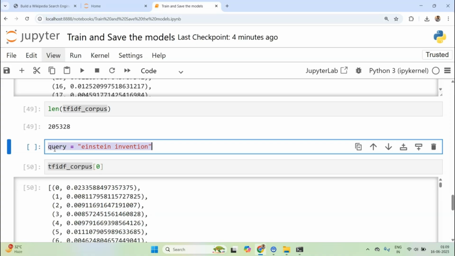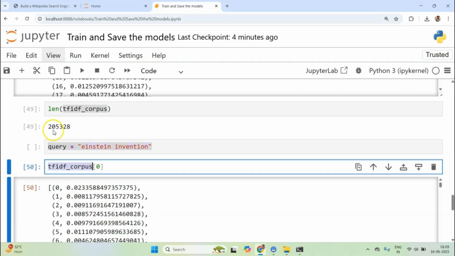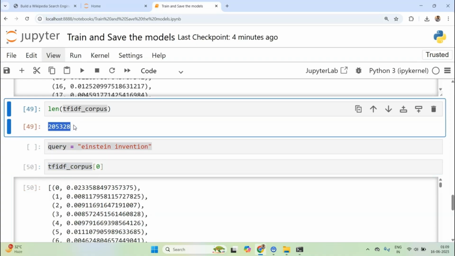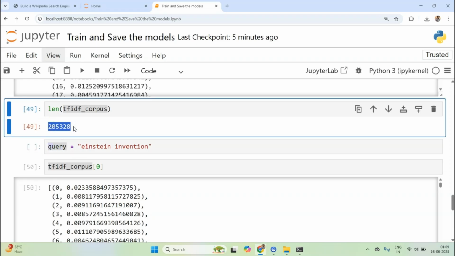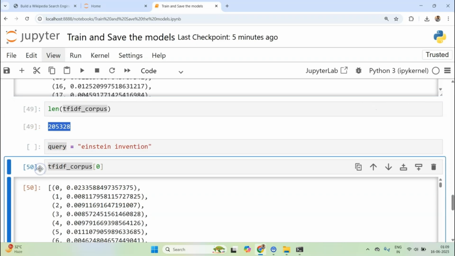So let me repeat it again. This TF-IDF corpus has this many vectors, this many numerical representations. I'll get a vector for my query as well, the document that I want to search. And then I'll compute the similarity of my query vector to all the vectors that I have got. By similarity I want to check the distance, how close or far. I want to look at only those vectors which are closer, and maybe return the top 10 or top 50, right? So this is the whole idea behind similarity.